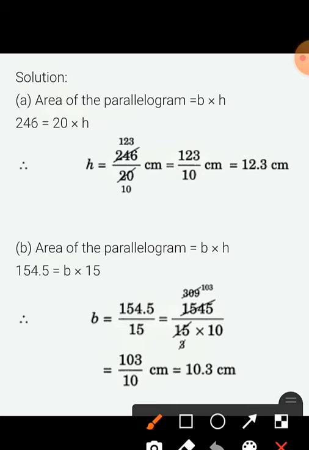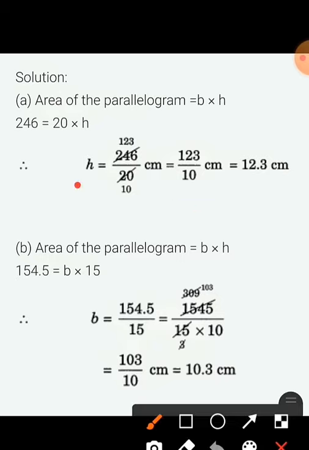Now we will do cancellation. So both cancellation is possible with the table of 2. So here we will cancel with the table of 2. So 123 we will get, and here 2 tens is 20. So 10 we will get. So 123 upon 10. Now 10 is there, so we can keep decimal point after one digit from back side. Okay, पीछे से एक digit के बाद point रख देंगे and that will be our answer.